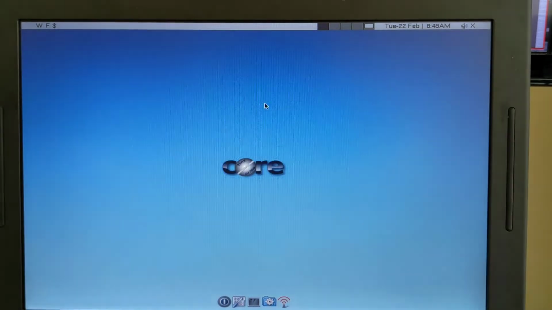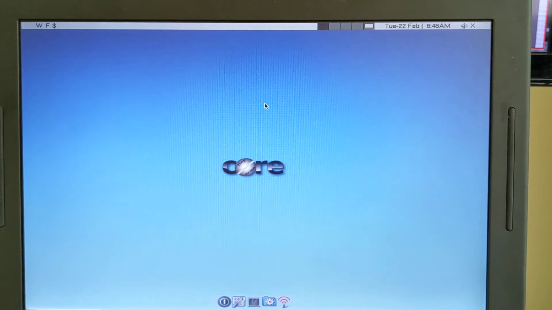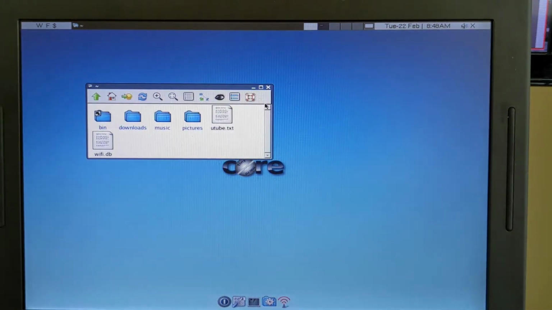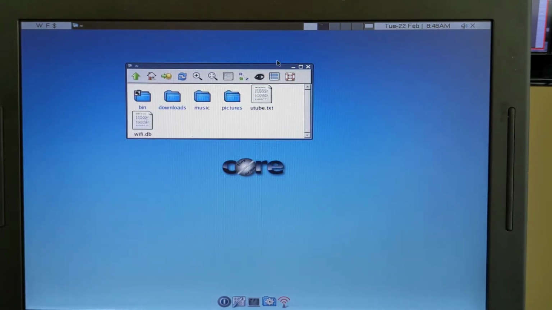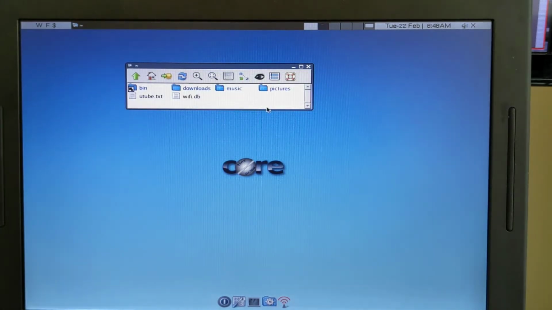So let's go ahead and take a brief look at the Rox-filer. When you first open up a Rox-filer, it's going to appear like this. What we want to try to do is place more than one Rox-filer, one here, and another one here. That way it would be much easier to copy or move files back and forth. So the basic setup that we want to do with a default Rox-filer is go ahead and press the minus key, it'll make it smaller, and then also Control-H will bring up the